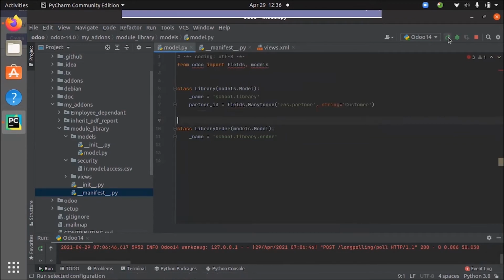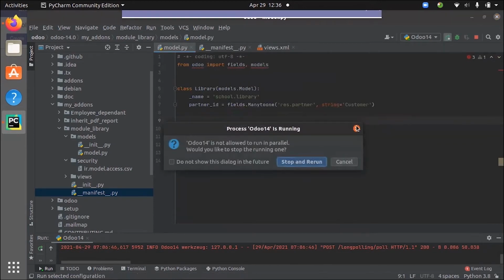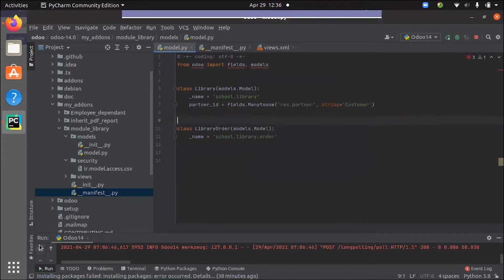Now, after this, let's restart the service. Here you can see the option to restart. After restarting, you have to upgrade the module.